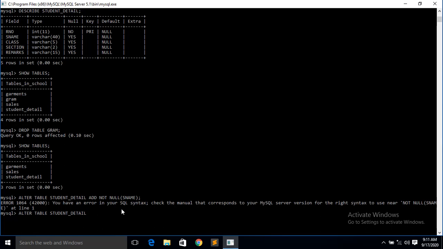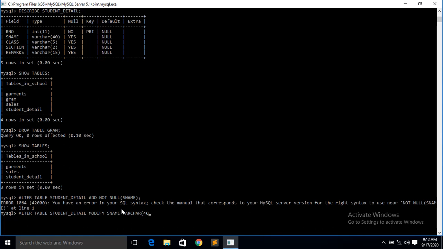So modify. At that time you have to give S name first. Since we are using modify, S name, then varchar 40, not null.